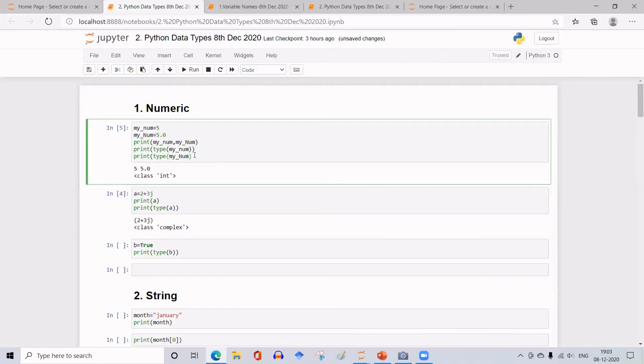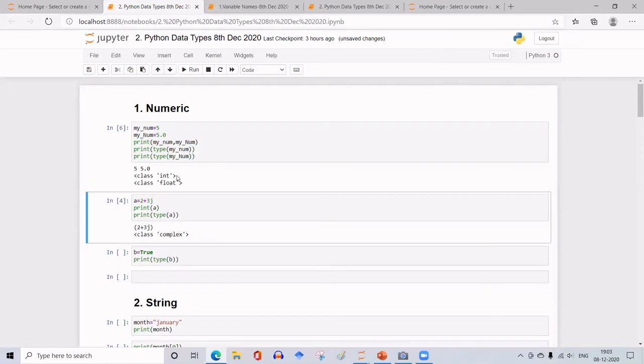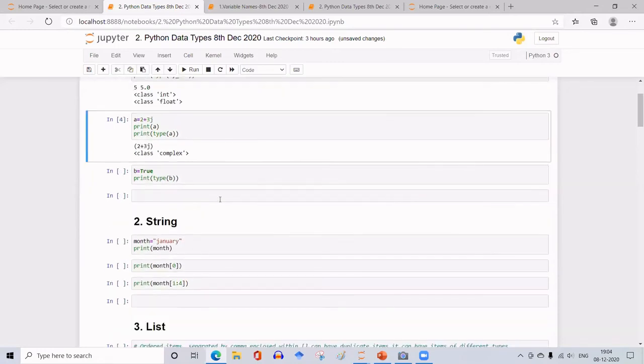You must be careful about the parenthesis. Float. So the last one is float, this one is integer. We can find out the type of data by typing type and then the name of that data within the brackets like this.